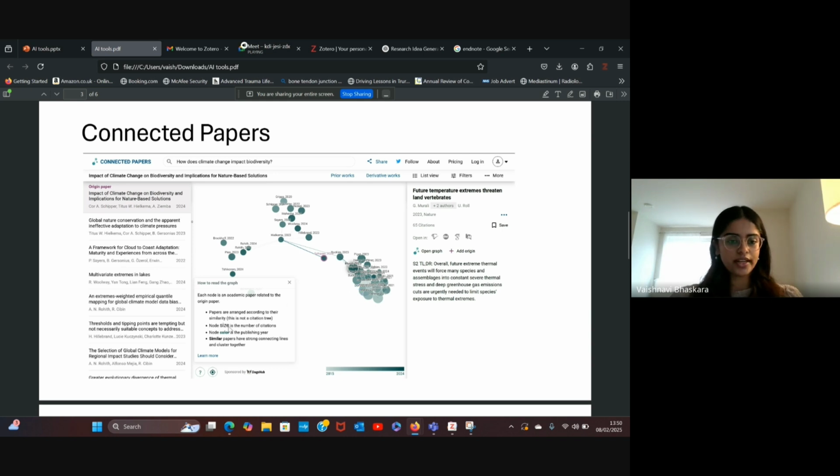So I've just shown you here what each thing means, right? The node size shows you how many times that paper has been cited, which means it will show you whether it's a reliable paper or not. And you can also see which year it was published. If you want to see newer papers, they'll be color-coded differently. And they're more clustered together if they're very similar. They're a little far apart if they're not that similar.